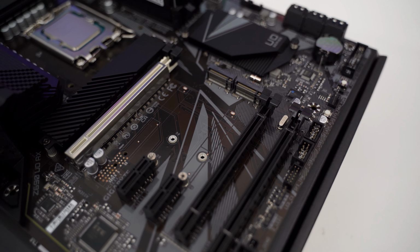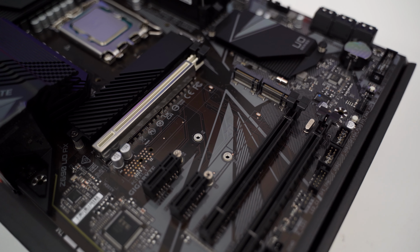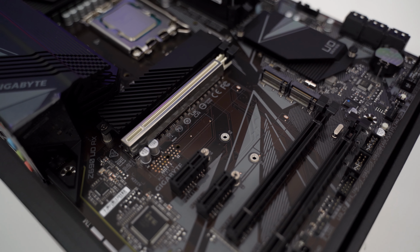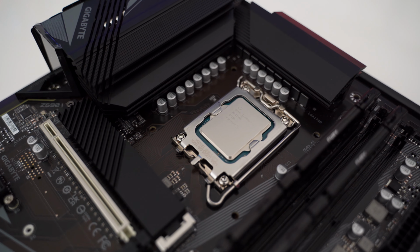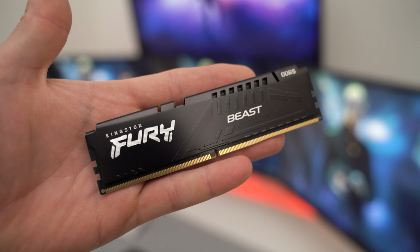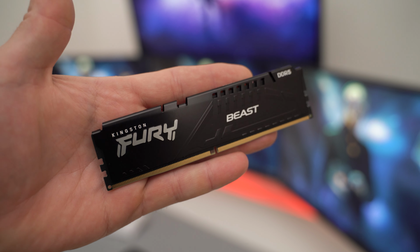For storage there are triple M.2 slots and all have support for PCIe 4.0. Plus there's a total of 6 SATA ports with support for RAID 0, 1, 5 and 10 arrays. Lastly, for memory, the Gigabyte Z690 UD-AX supports up to 128GB. The memory I picked is from Kingston, their Fury Beast DDR5, featuring a newly designed low-profile heat spreader that only